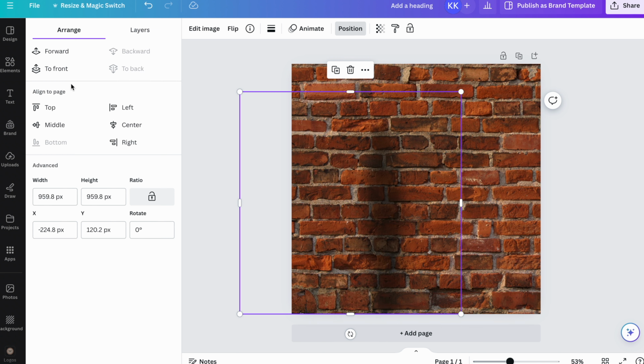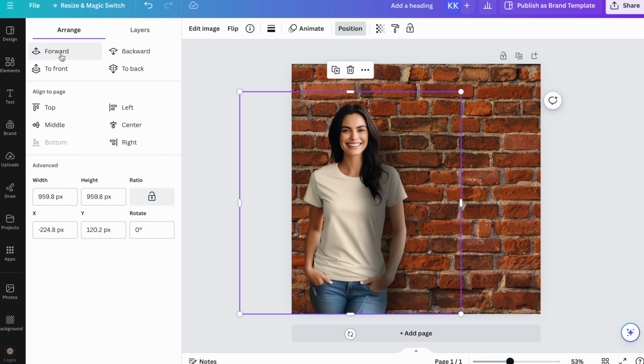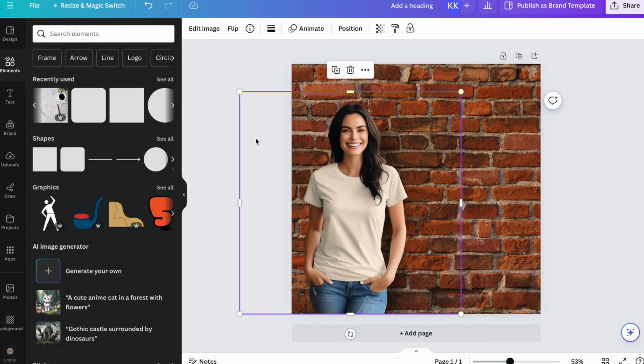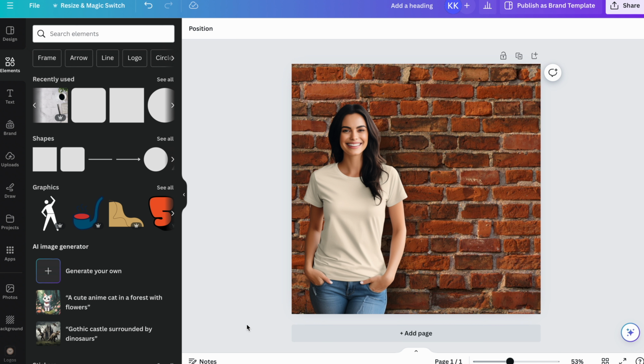Oh, see, that one I just brought the person to the front, but if you want to bring her back, then you just hit forward again and then forward again, and she's in the very front. So as you can see, that drop shadow kind of made it look a little bit more realistic, and you can do that as well with like paper on a tabletop or anything like that where there needs to be